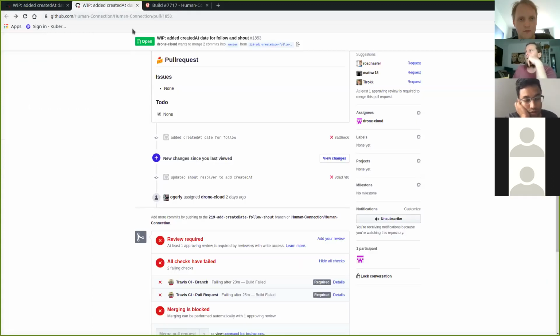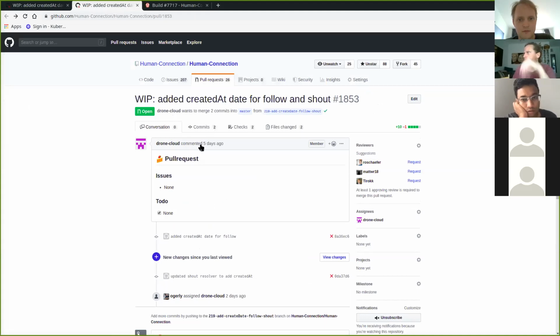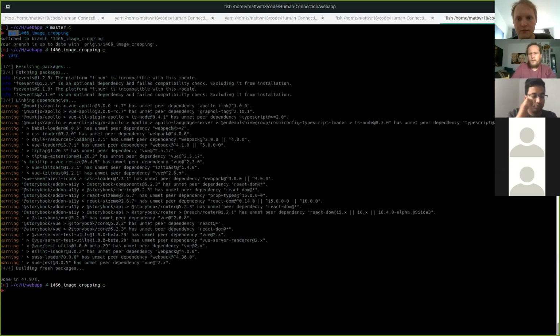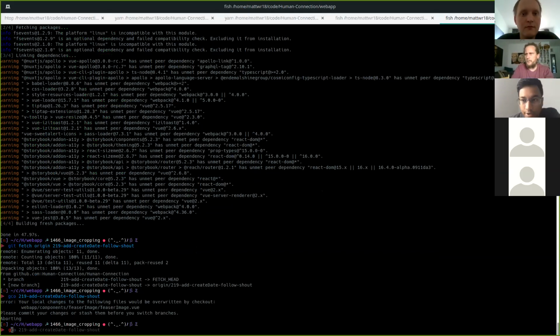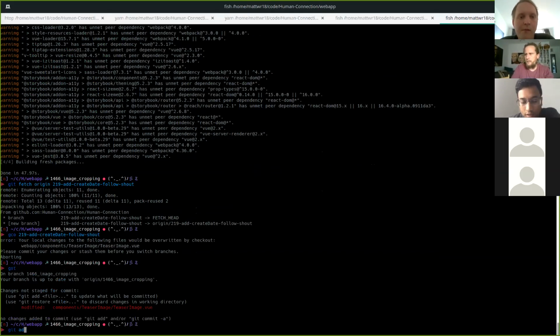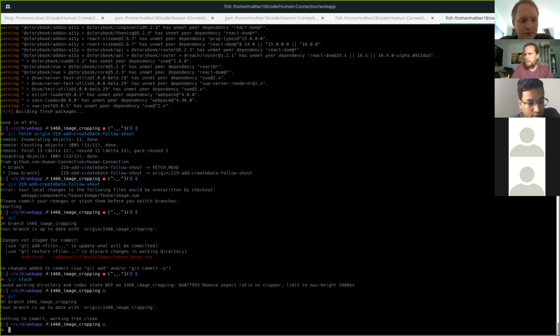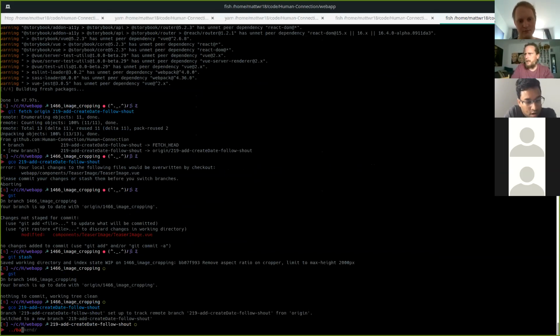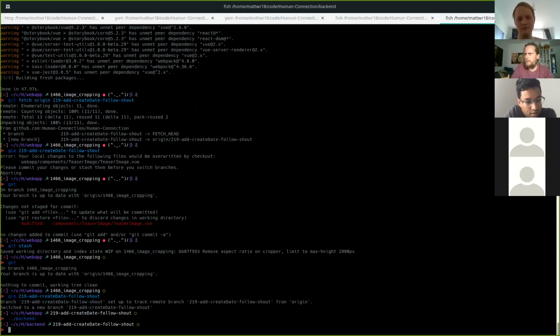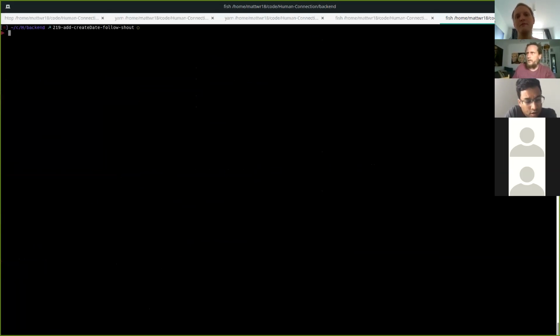So what I would like, if I were you, is to try to get in the habit of running the linting after you make changes to the front end or the back end. But I think in this case you just made changes to the back end, right? Yeah. I think I talked to you about the linting before, maybe? No, we didn't talk about linting. Okay. So we have in our